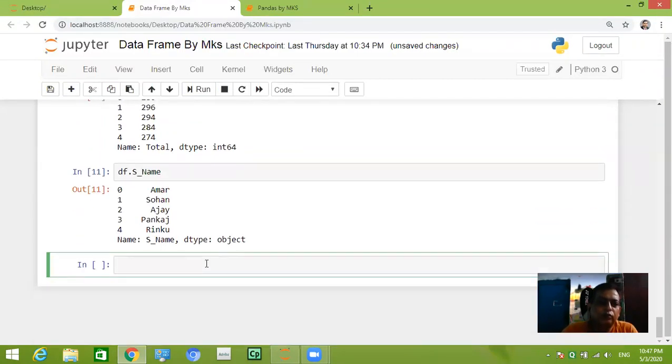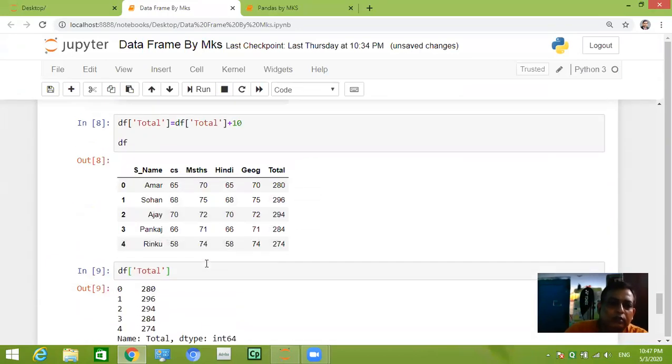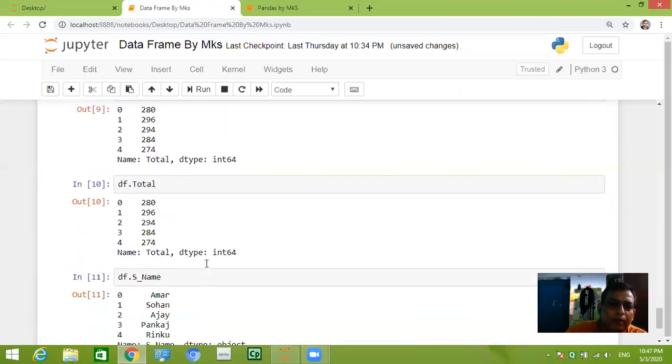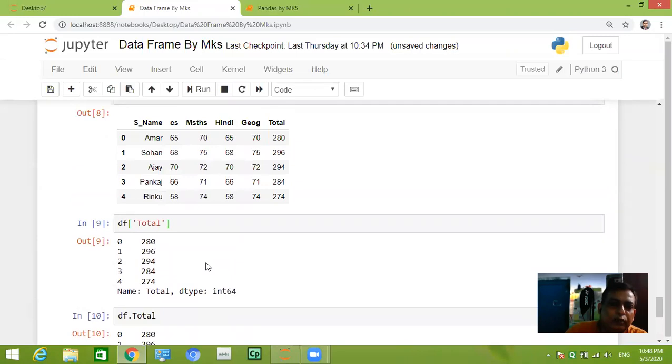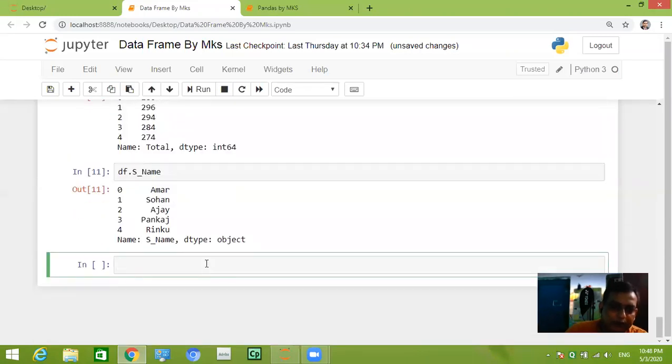Let us see how to display two or three columns' values only. Suppose we want to display name and total. Subject we don't want. So what will you write? df with a nested list, and you have to give s_name.